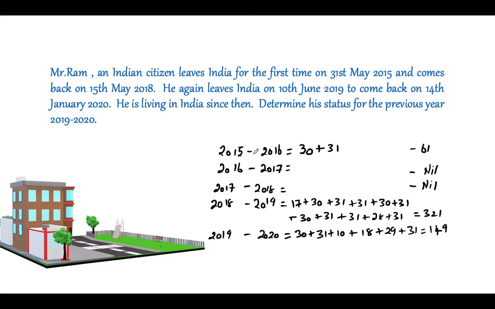Second condition, he should be able to prove that he was there in India for less than 730 days during 7 years immediately preceding the relevant previous year. Leave this previous year. During those 7 years, his number of days of stay should be less than 730. That also he will not be able to prove, because all those years, the 3 years preceding this 2015-16, he was there for 365 days in each year. So you will not be able to satisfy that. The second condition is also not satisfied. So he is an ordinary resident. He cannot claim the status of resident but not ordinary resident, but he is an ordinary resident.